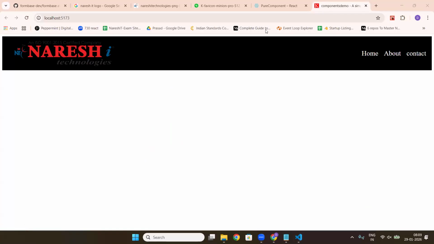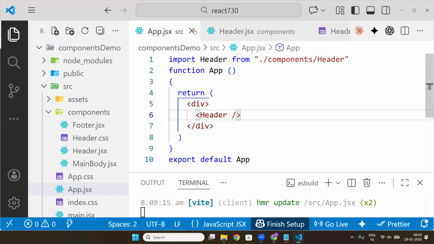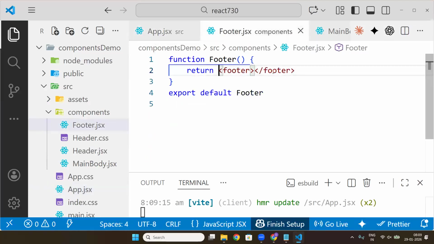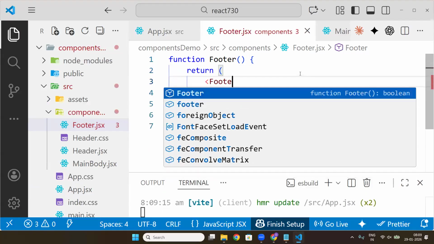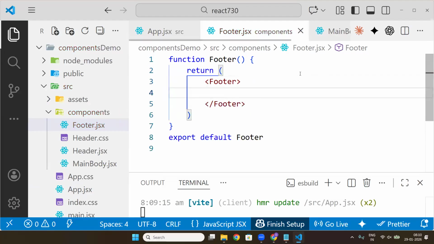Online, any doubts, sir, in this? Header is done. No doubts. Perfect. Same way, let's close it. Once something is over, I will close it. Now let's go to footer. How do you do it, footer, sir? Footer. Now in this footer, I will do it like